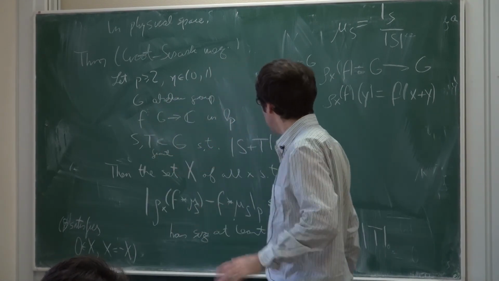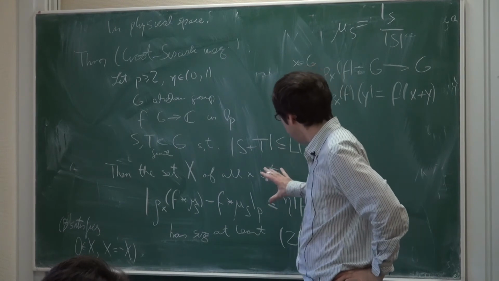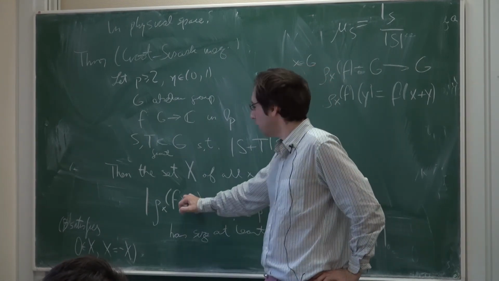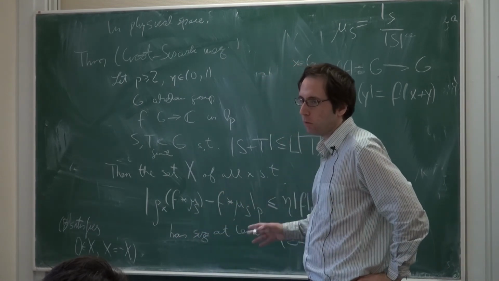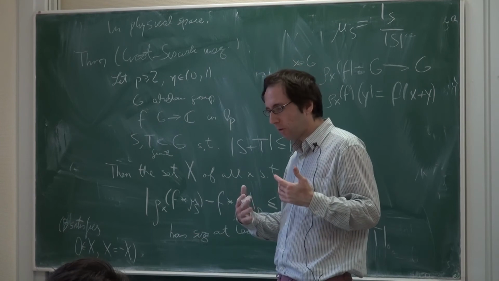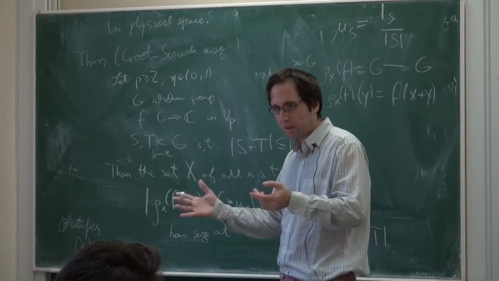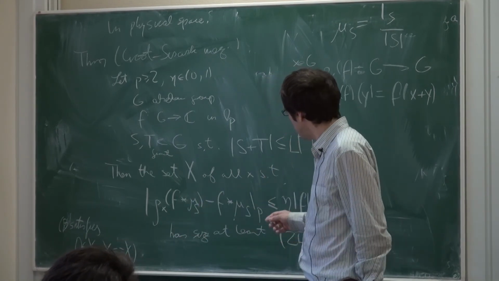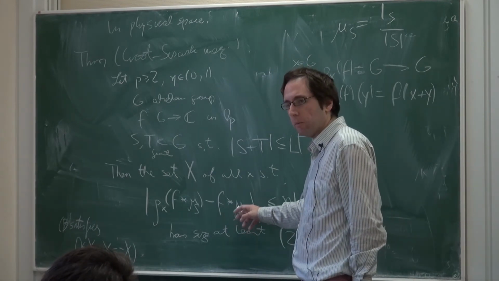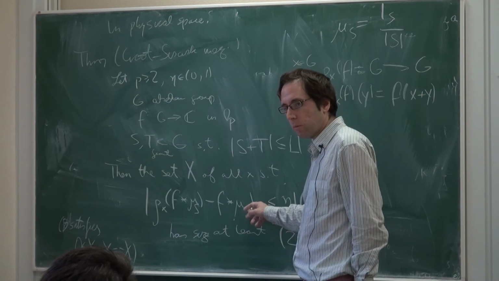So first of all, why? The statement is quite simple. Could it be simpler? No. If I had no convolution here, then this would be clearly false. Functions do tend to change a lot. They don't change in LP norm, but they tend to get away from themselves when you shift them around. But the point is that if you have already smoothed, so to speak, f by convolving it with μs,